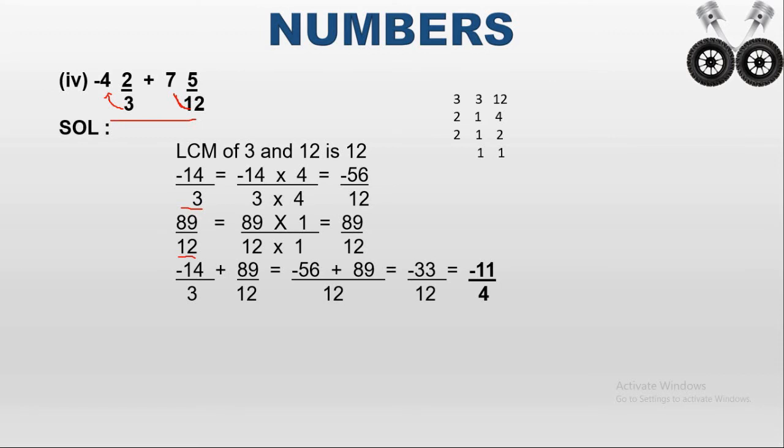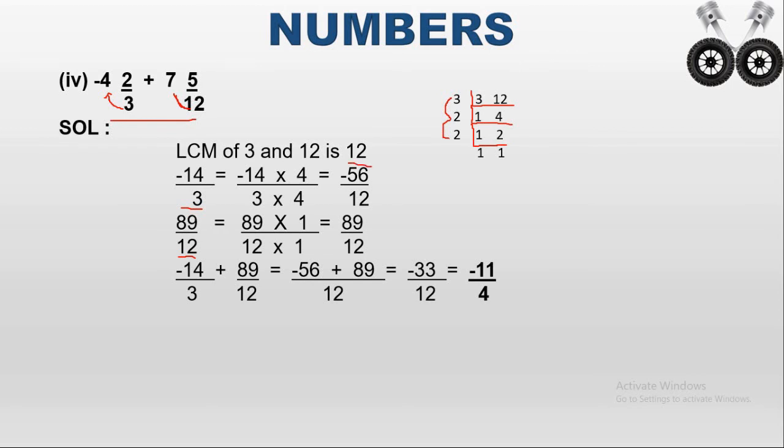So here also we are having different denominators. If the denominators are different, we have to find the LCM. The LCM for 3 and 12. So the common factor for 3 and 12 is 3 itself. So 1 3s are 3, 4 3s are 12. Again you have to find the common factor for 4. The factor for 4 is 2, 2 2s are 4. Again we have to find the factor for 2. The factor for 2 is 2 itself. So 1 into 2 is 2. Now we have to multiply the factors. So 3 into 2, 6, 6 into 2, 12. So the LCM for 3 and 12 is 12.